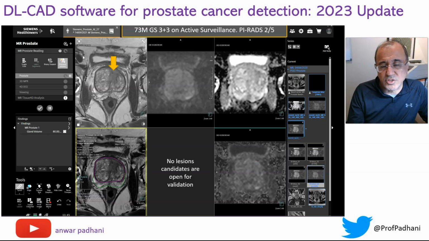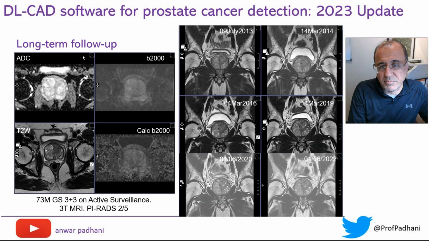And here is a commercially available AI, and you can see this band-like area through the transition zone. The AI says this is nothing to worry about, move on, and in fact this is just fibrosis, and I've just shown you some images of this stable fibrosis in the transition zone that's remained stable for